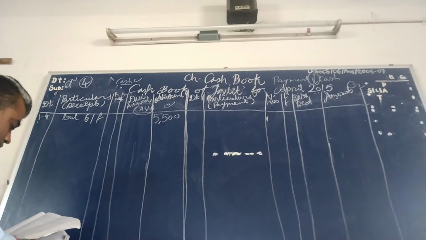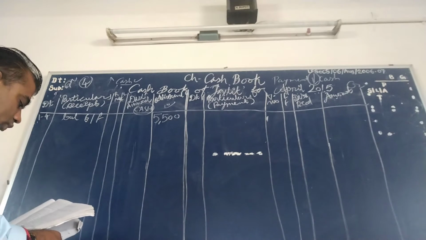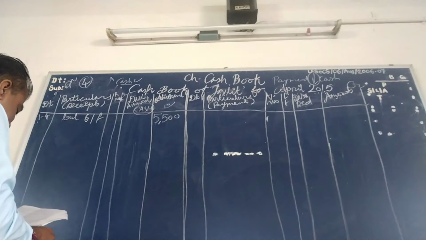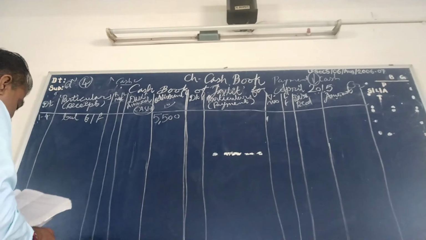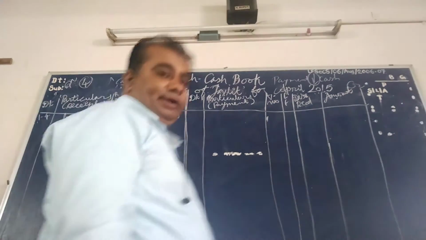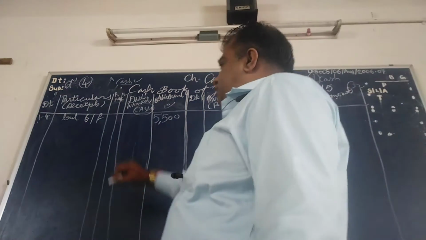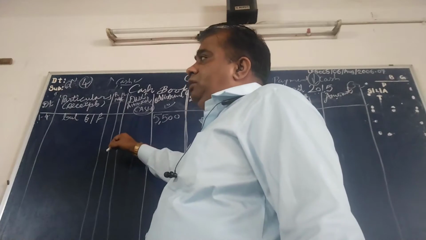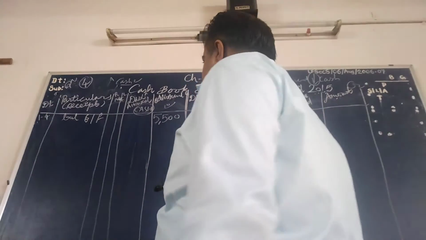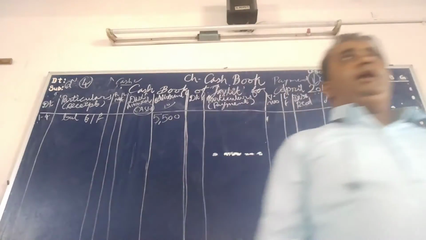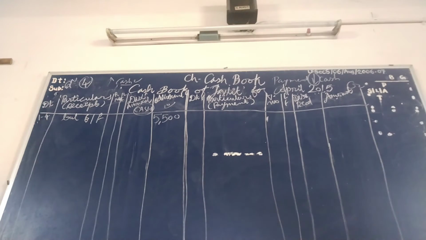Third of April, goods of 4,000 sold at 10% cash discount. We give the party 10% cash discount, so it will be deducted, and if we take it into consideration as discount allowed, it is cash discount. So we write here. Okay. Remember one thing: we will not write trade discount. Trade discount will not be recorded in the books of account.